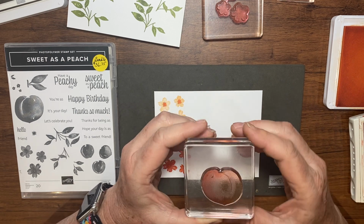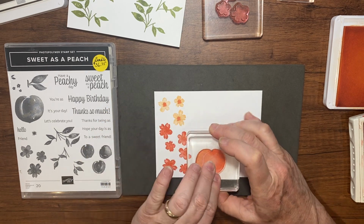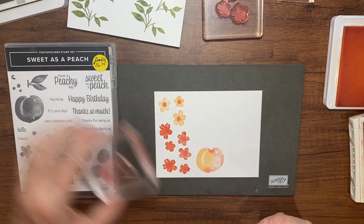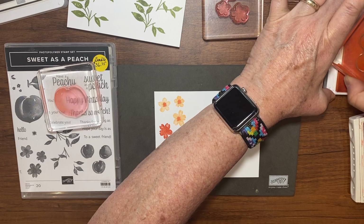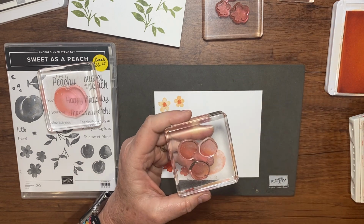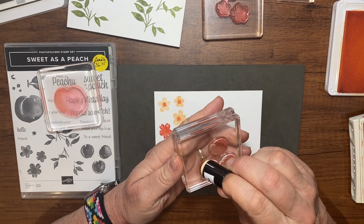And then I'm going to give a little bit of Darth Vader. And then I'm going to set that on my paper, and watch how pretty that looks with those two colors on my peaches. So let's do the same thing with the little peaches. Ink them up again in that pale papaya. And then with that dauber and the Calypso Coral, I'm going to get the